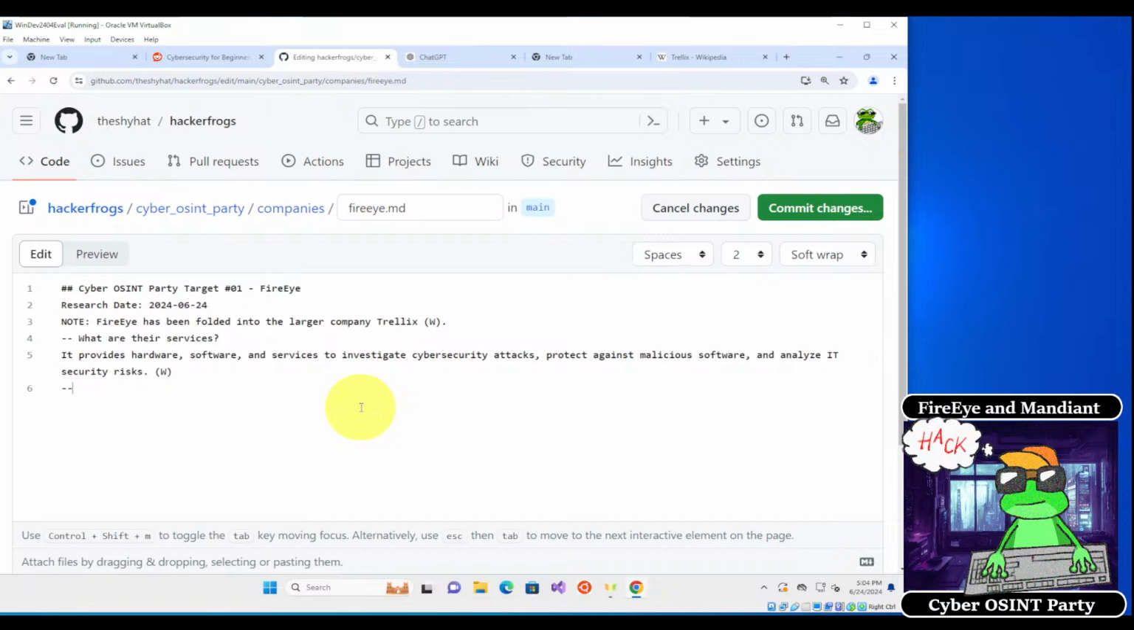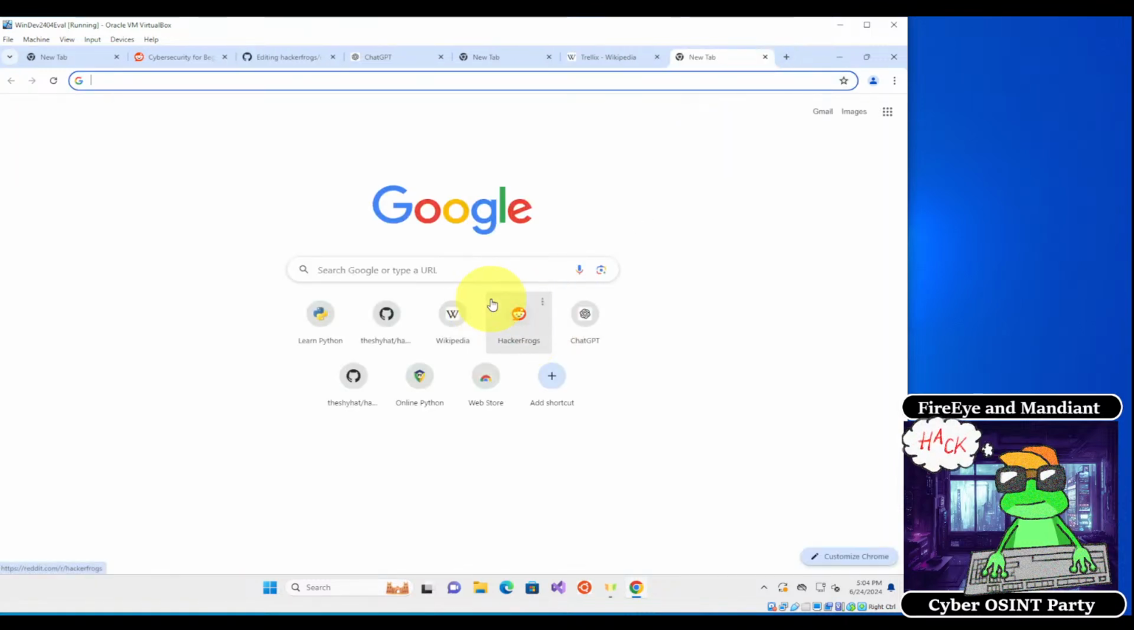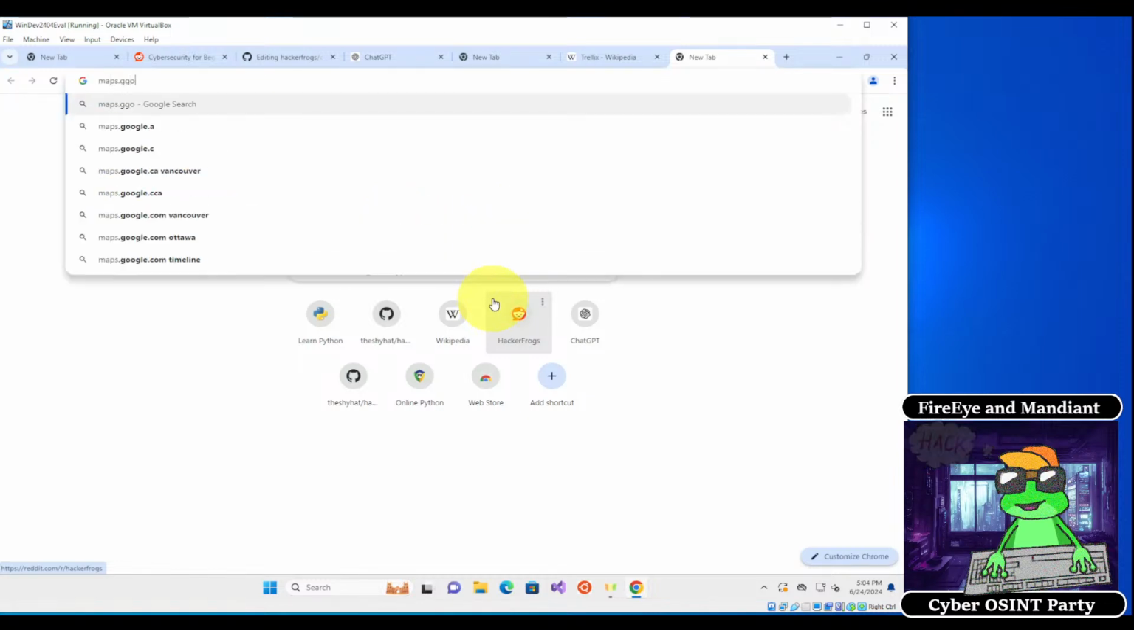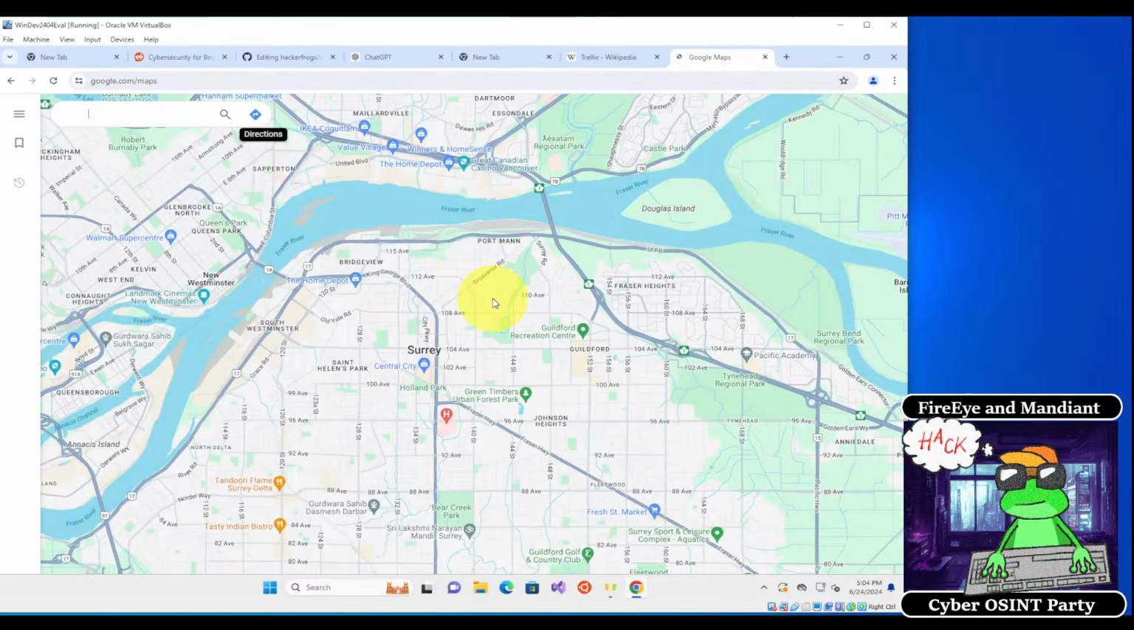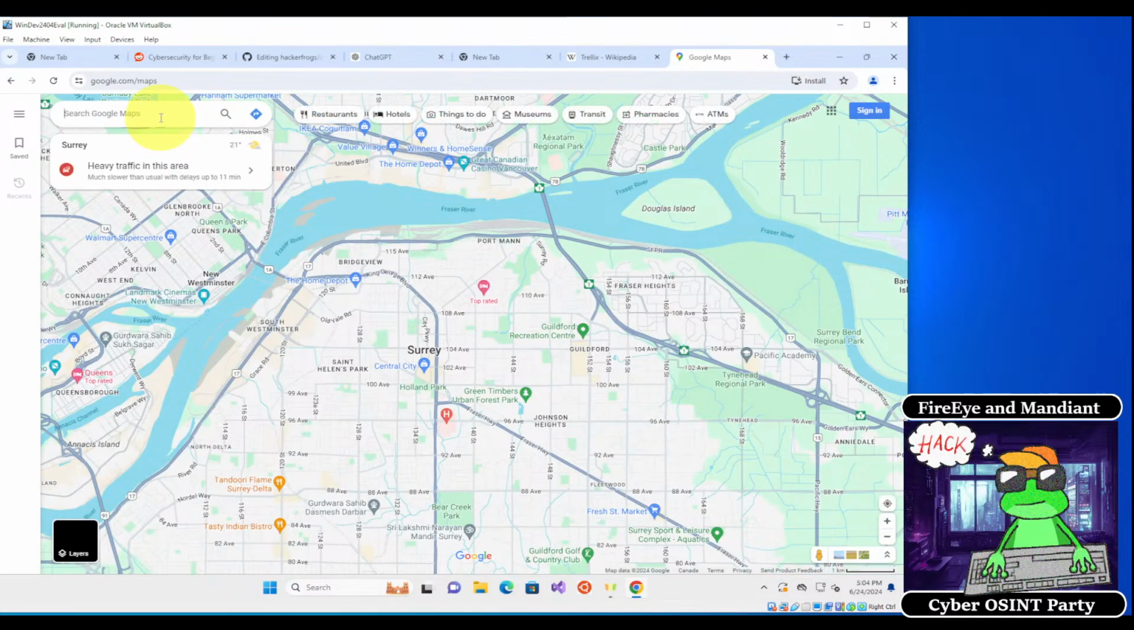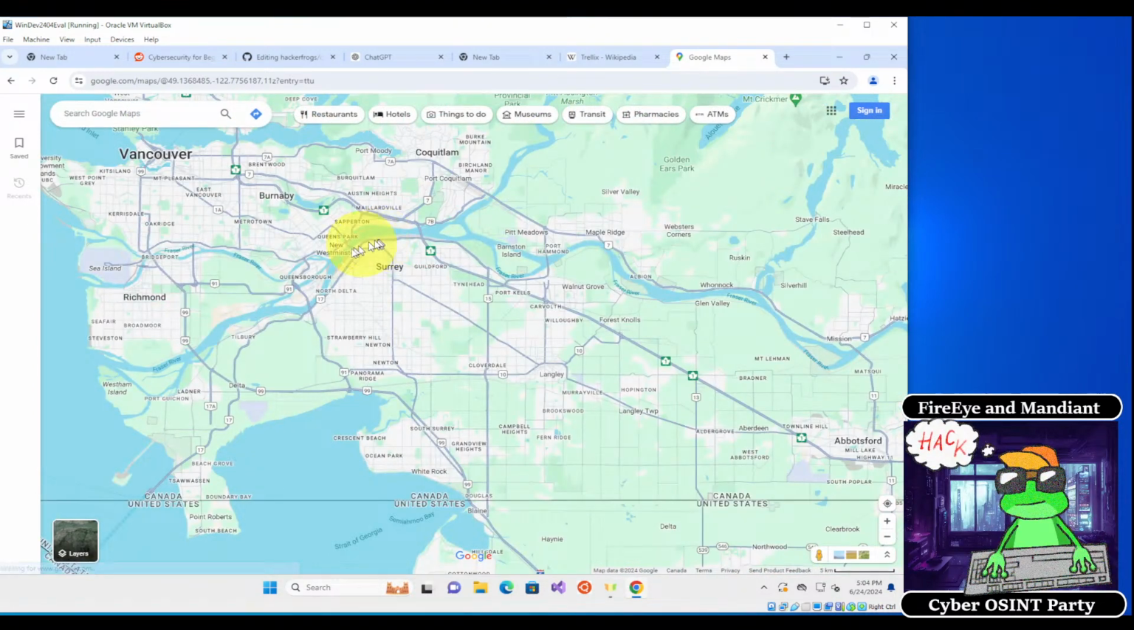So what are their services? Another question we're going to ask is, where is its physical location? Okay, so where are the offices of FireEye? So we can go over to Google Maps. And inside of Google Maps, we're going to